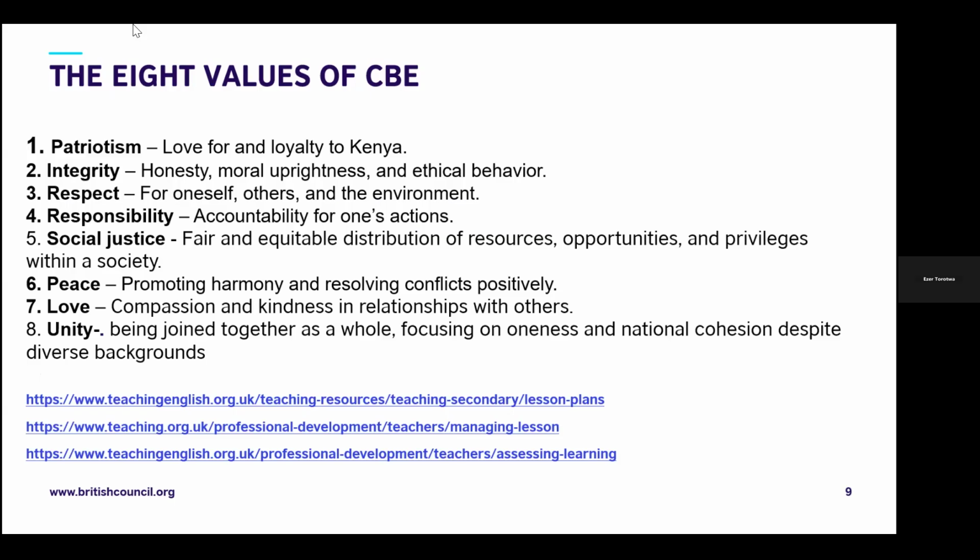Here we have the 8 values of CBE as listed. I'll not dwell so much on them. As listed, you can see unity, love, peace, patriotism, integrity, respect, responsibility, and social justice. These values are the standards that guide an individual on how to respond, on how to behave in any given circumstances. And in a CBE classroom, these 8 values have been identified to help the students